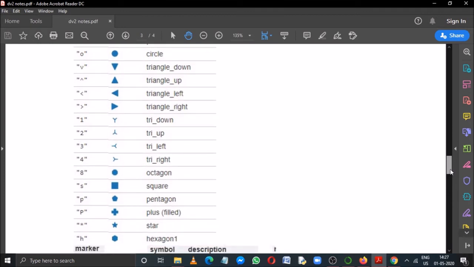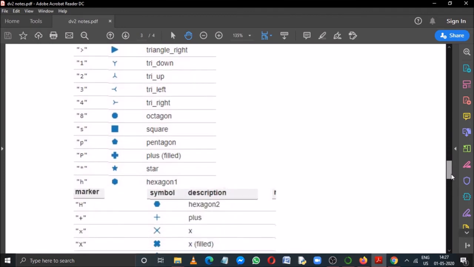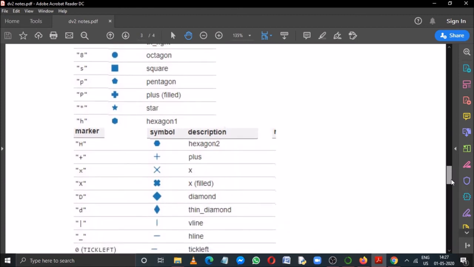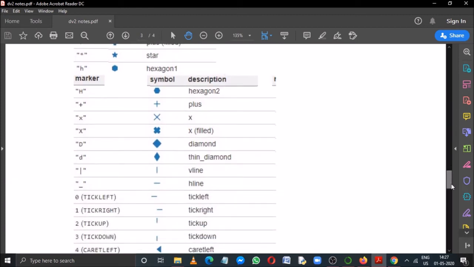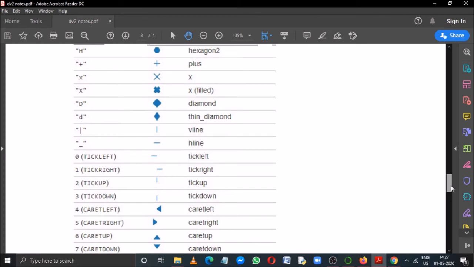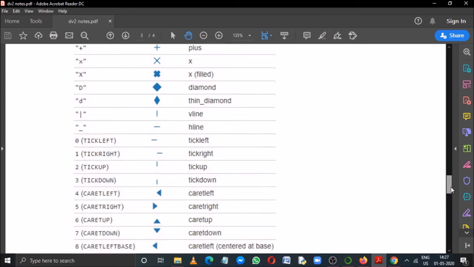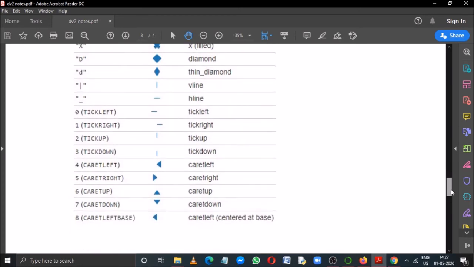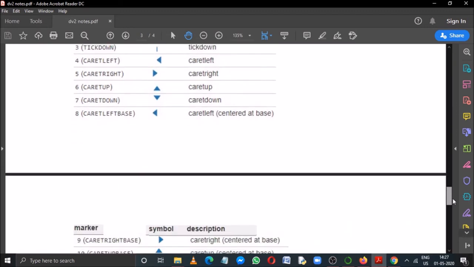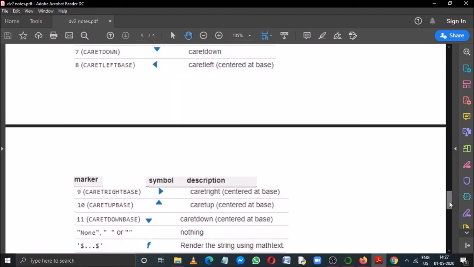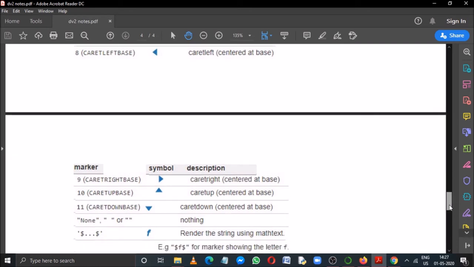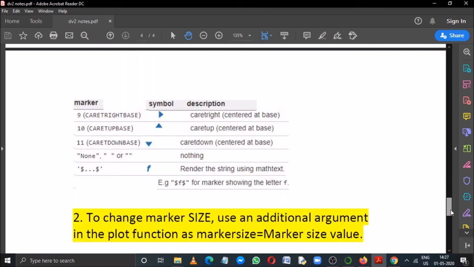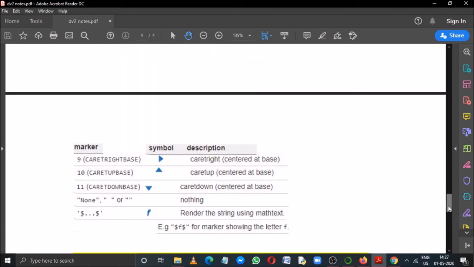Just check the values. So these are all the possible values of marker type. So I'll show you all this thing with an example how to change it actually.